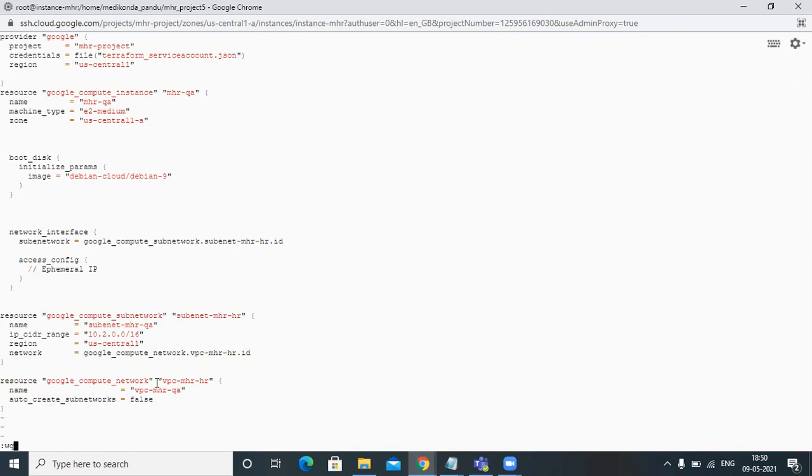Very simple. Here I have already created the VPC, then the subnet, and in the subnet I need to create my compute instance.